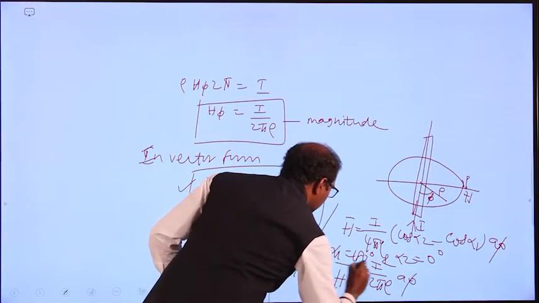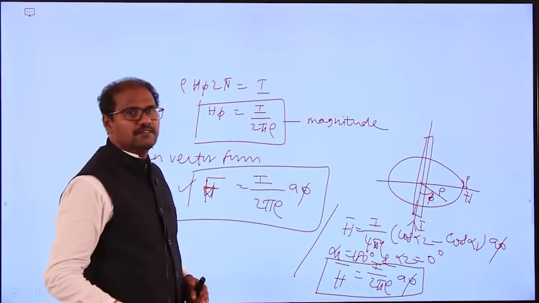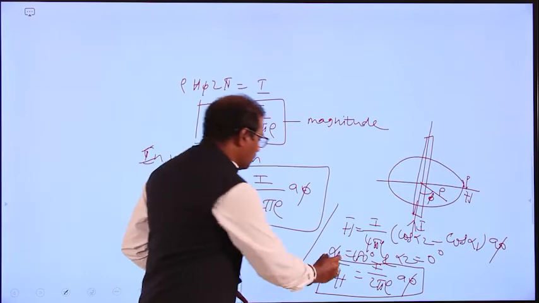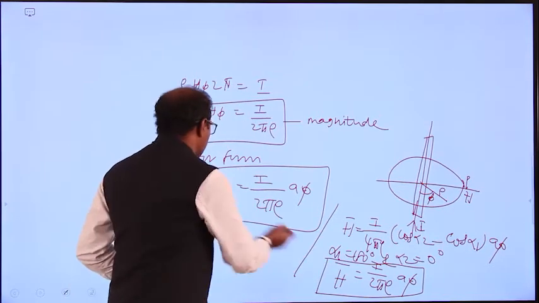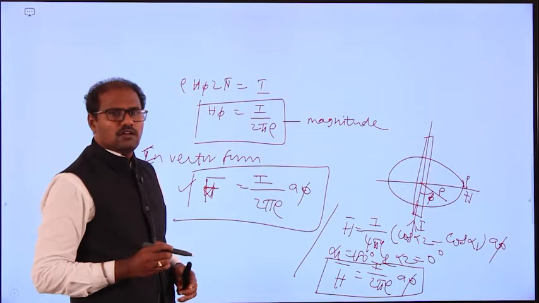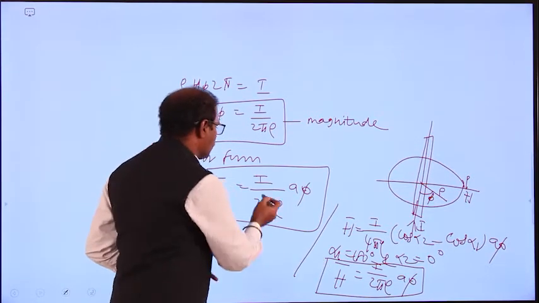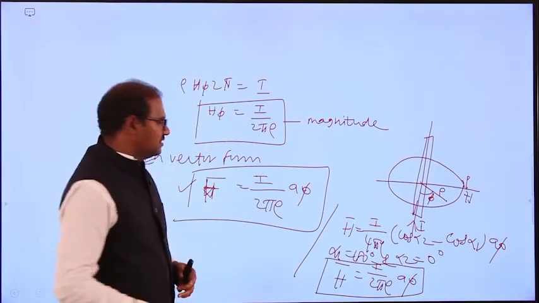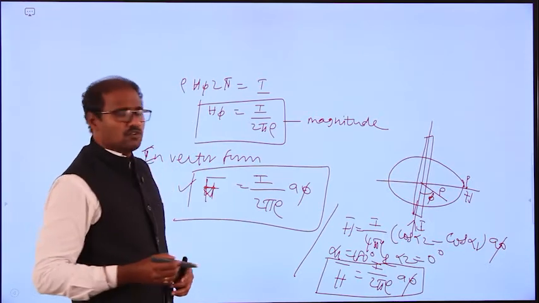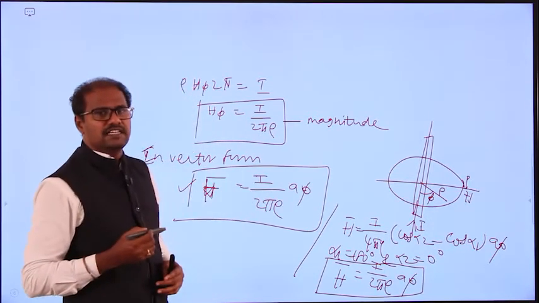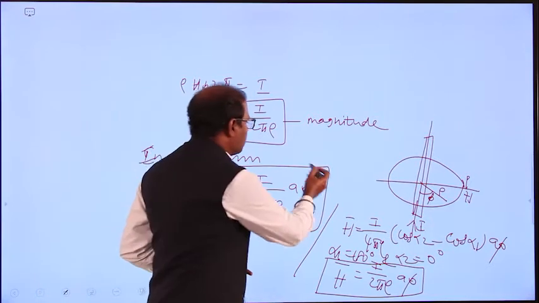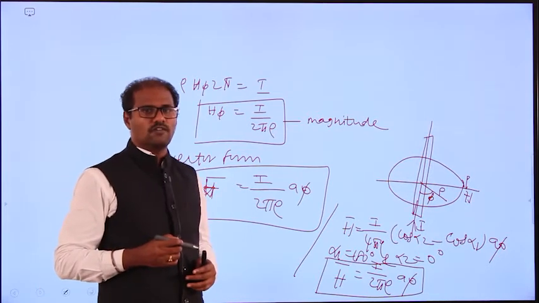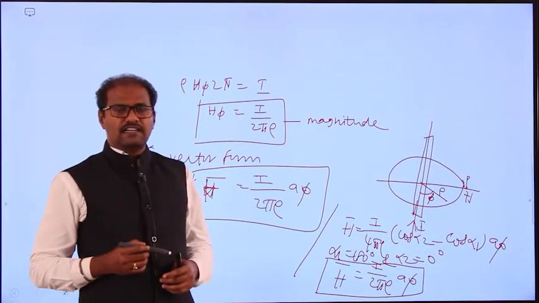If you refer to the previous lecture on the Biot-Savart law for the infinite line filamentary conductor, you will get this. The same thing you get with Ampere's circuital law also: the same magnetic field intensity H. This is for the Biot-Savart law, and this is for Ampere's circuital law. So finally you got the magnetic field intensity H at point P with the help of Ampere's circuital law. So the infinite line current is over.